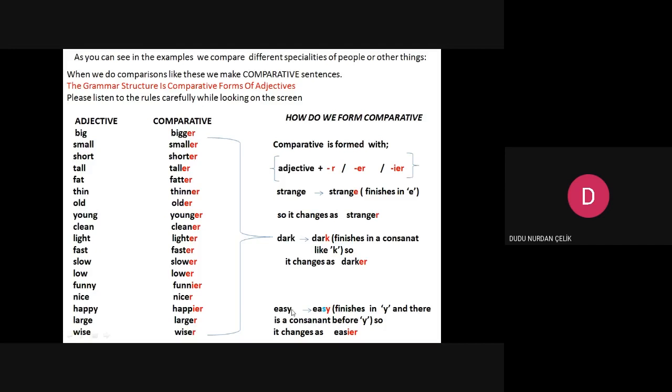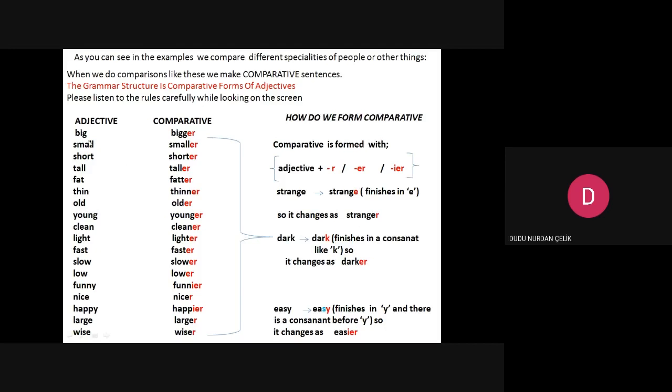Easy finishes in Y, and before Y there is a consonant, S. So it changes to easier. We omit Y. Look, no Y. We omit it and we put IER. And this becomes the comparative.